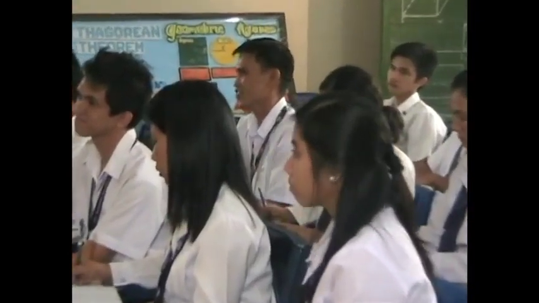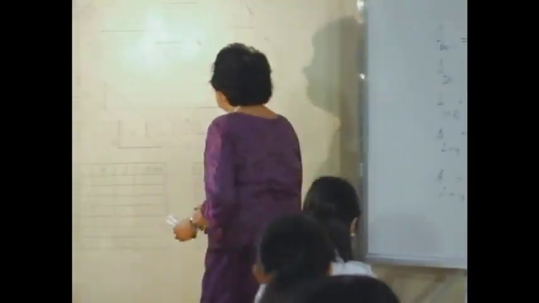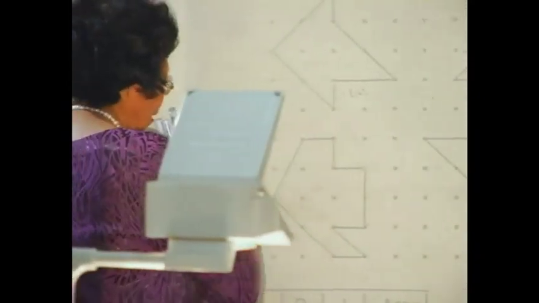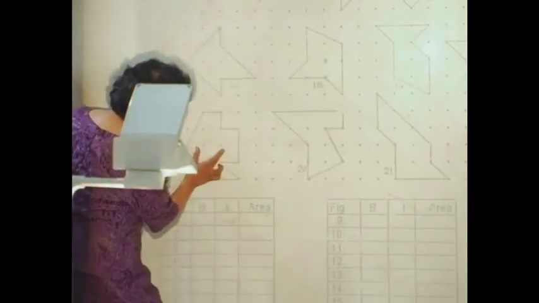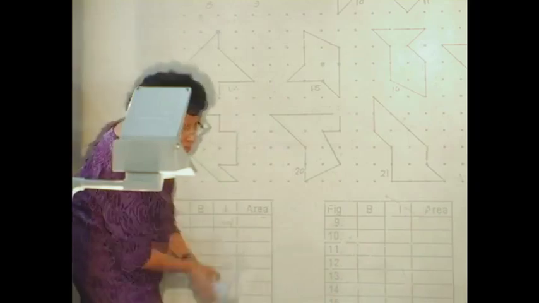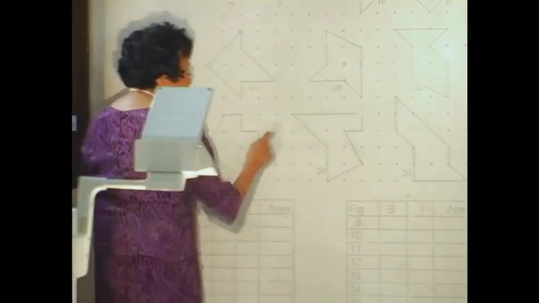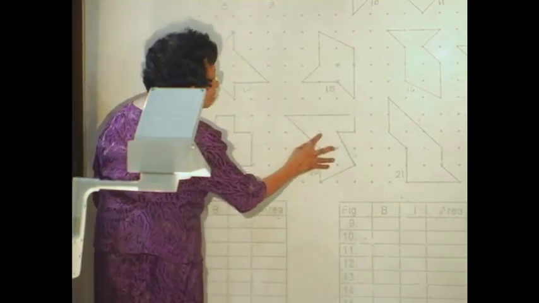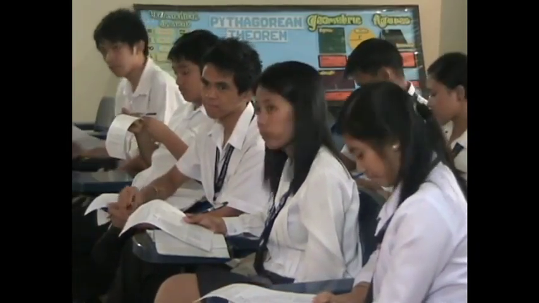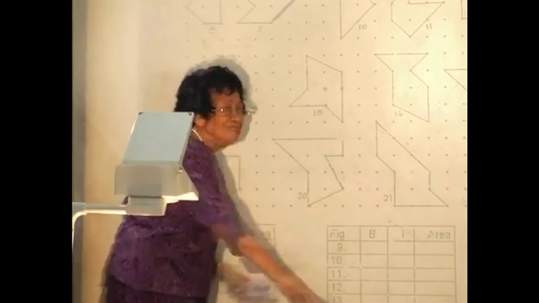Right. Is that okay? Let's use this. How many boundary points here? 1, 2, 3, 4, 5, 6, 7, 8, 9, 10. 11? Is it 11 here? Divided by 2. And then subtract 1 from here. 7.5. How about here? There are 3. So, what will you add? 2. How many boundary points? 12 divided by 2 plus. That's quick, right? And then this,